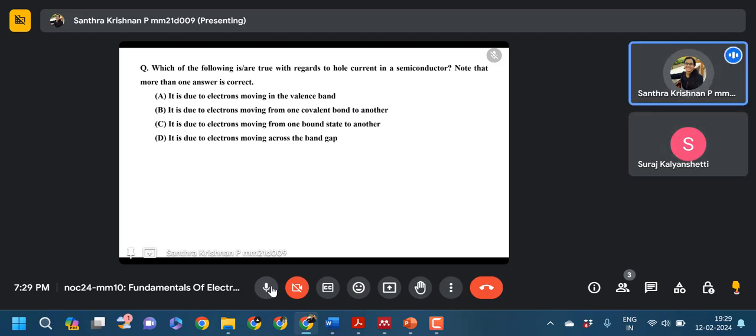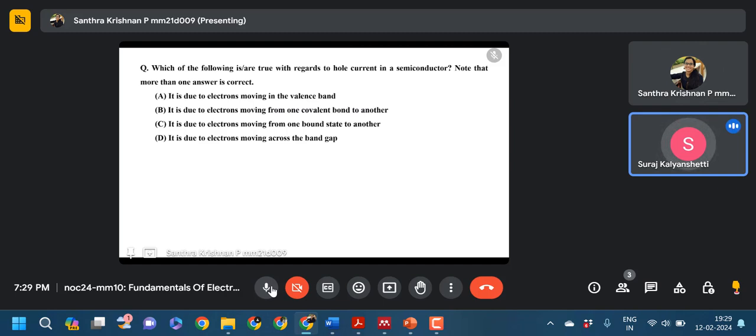Is it like moving across the band gap? I would not say that is right. It is, it has to, because the electron from the valence band has to move to the conduction band. That's when the hole is created in the valence band. But that is with regard to creation of the hole, right? Does that contribute to the hole current? The hole current is due to the electrons moving from